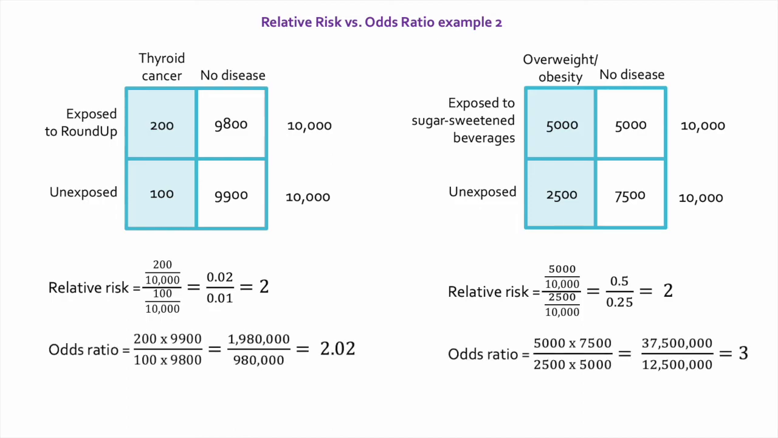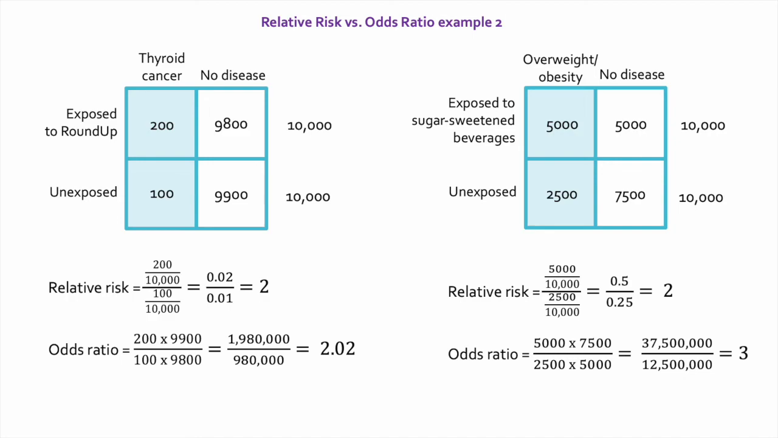For the odds ratio of the thyroid cancer study, we would multiply the 200 people who got thyroid cancer who were exposed to Roundup by those who were not exposed and did not get cancer, divided by those who got cancer but were not exposed, multiplied by those with the exposure who did not get cancer. Here I'm using the cross multiplication format because it's quicker rather than the fraction format, which is more logical. That gives us an odds ratio of 2.02, so it's almost the same as the relative risk for the thyroid